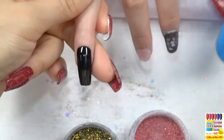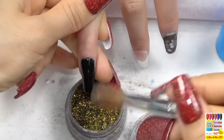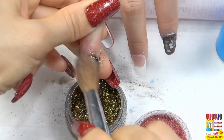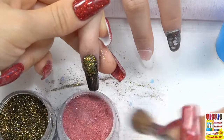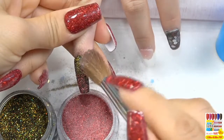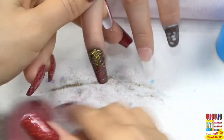So brush another layer of the base on, and use the brush to help pick the powder onto the nails. For this finger, we just do half and half. The top is the diamond black, and this diamond black color is number 180. And this red glitter, medium size glitter, is called 177. Those colors are from our